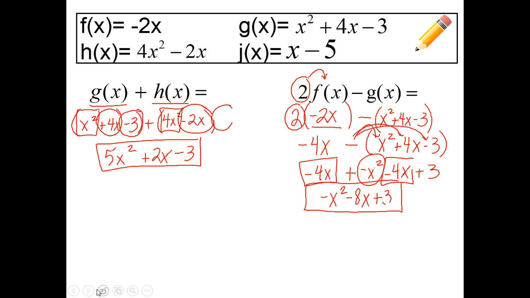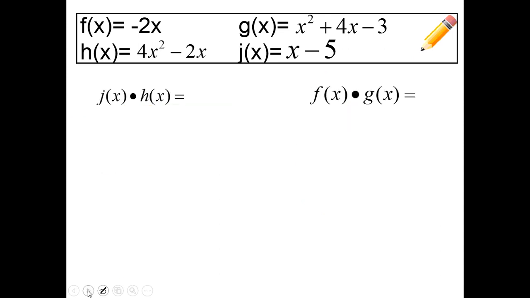So let's continue on with a couple more examples. We have 7 total today. We're on number 3 and 4 here. Same list of functions. Now we need to take j of x times h of x. So I'm just going to write what j of x is, x minus 5. And again, I always put them in parentheses. And then times h of x. You can write the little dot, or a lot of times in math we don't. 4x squared